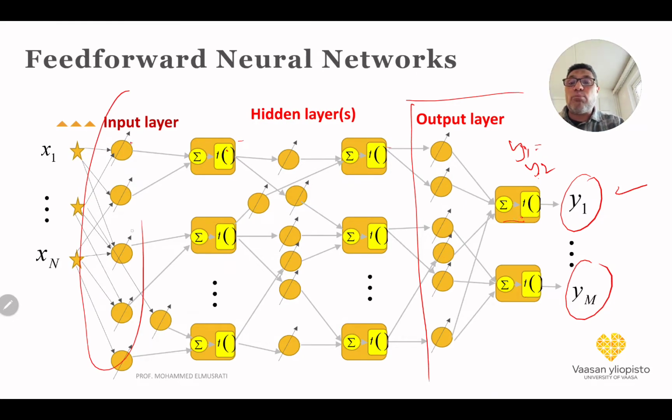Okay, then in the input layer, we can have any number of neurons, because the number of inputs is not necessarily the same as the number of neurons in the input. So we might have only one neuron with all the inputs. However, as we increase the number of neurons in each layer, we increase the capability of this neural network to solve more complex